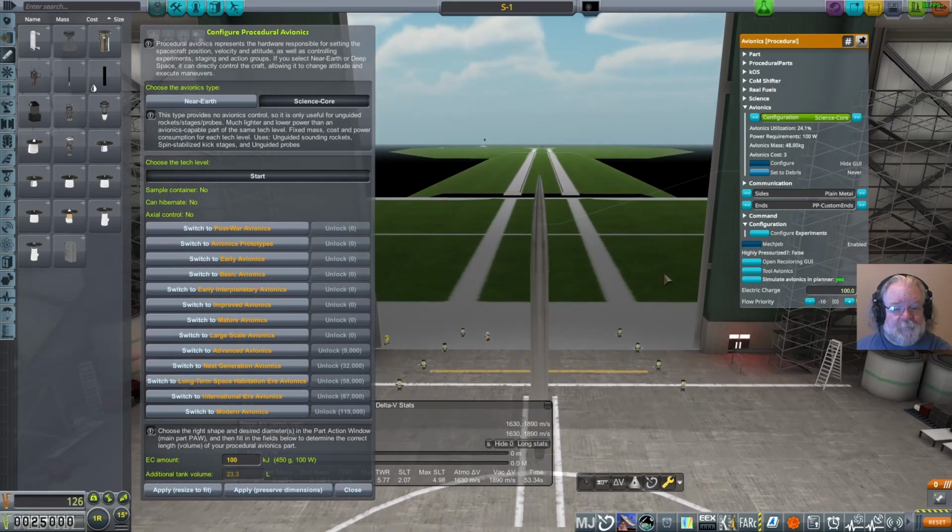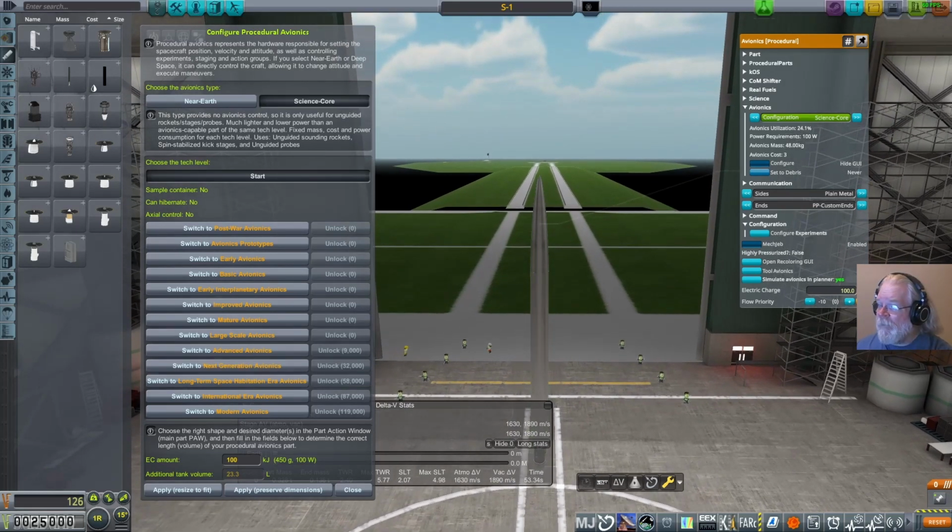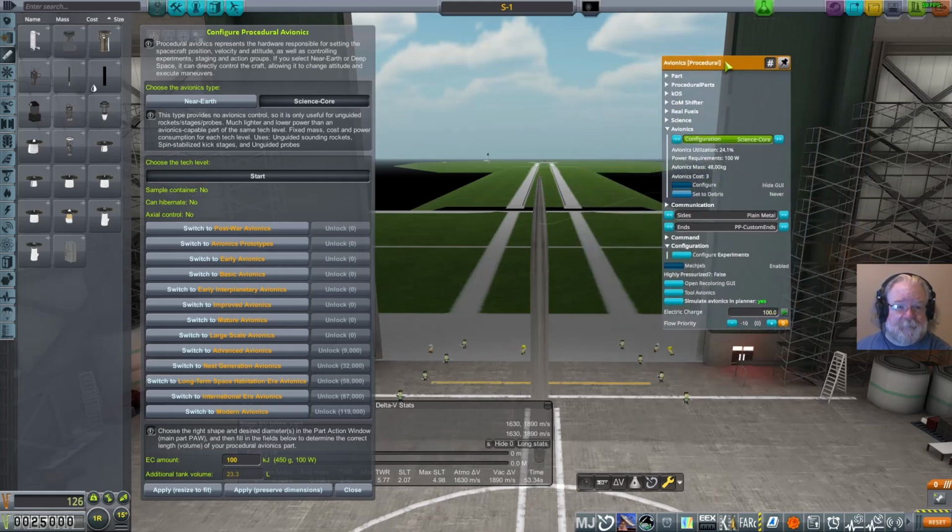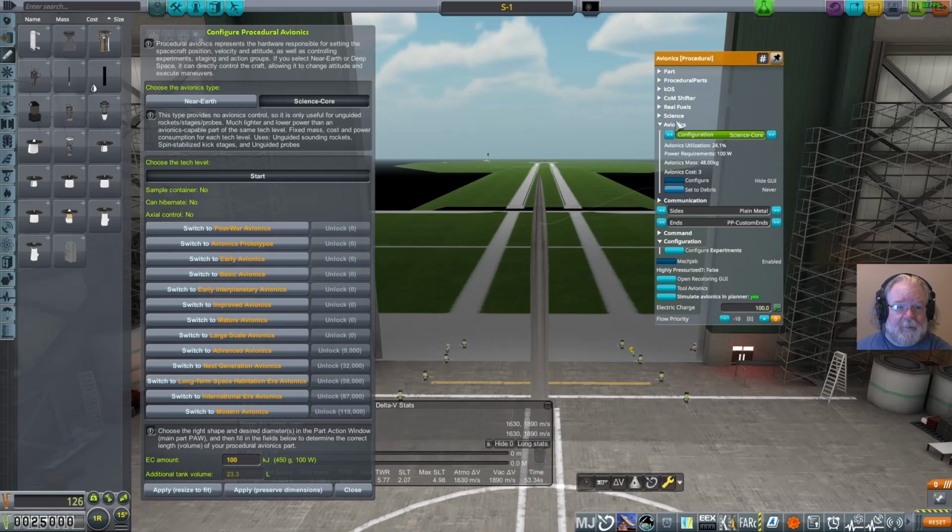There is a place where it shows how long the electricity lasts. There we go. Look in the avionics selection of the PAW. This is the PAW here, this window. So under avionics, this now has information that we are using 24.1% of the space. It needs 100 watts. There's its mass,